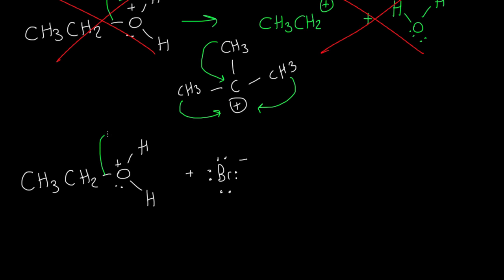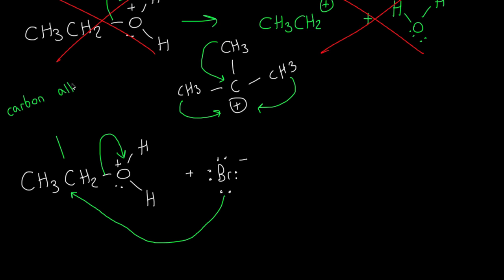This guy is going to go onto the oxygen. So the electrons from the bond are going to go onto the oxygen, and it's eventually going to leave as water. We know that that's its main goal in this. And at the same time, the bromide is going to come in and attack the carbon that was attached to the OH. So I'm going to write that out because it might get a little confusing which carbon you want to attack. This guy over here is the carbon